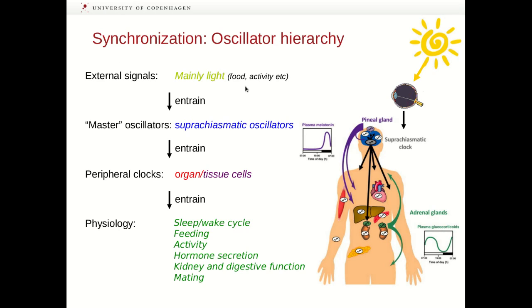External signals, mainly light from the sun, can entrain the master oscillators in the suprachiasmatic nucleus via light going through the eye. The suprachiasmatic nucleus in turn controls to a large part the circadian secretion of hormones from the pineal and the hypothalamic glands. These hormones then entrain all the clocks that are found in most of our cells in our body, in different organs and different tissues, and these in turn help to entrain a number of physiological processes,